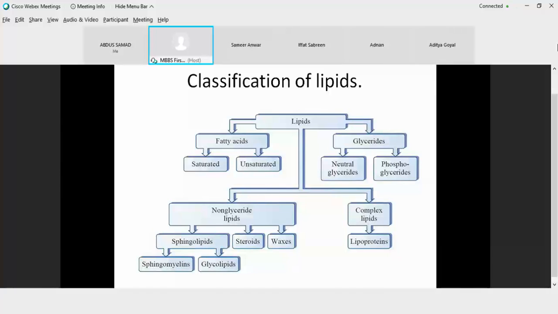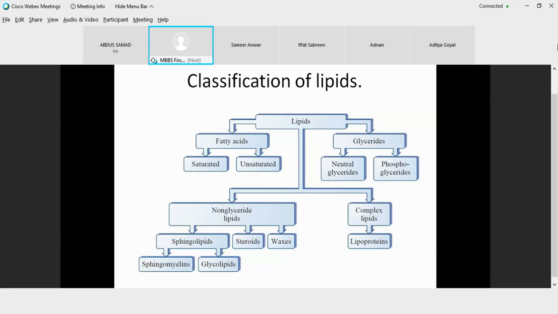In order to carry this type of macromolecule, which is a lipid, there is a problem because of its nature: they are neutral, they are hydrophobic, and at times they may be amphipathic. Their transport is a big problem. This problem was not there with carbohydrates and proteins because they were charged in nature, so your system could easily carry them because of their solubility.